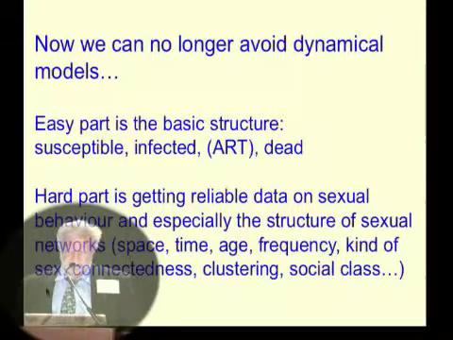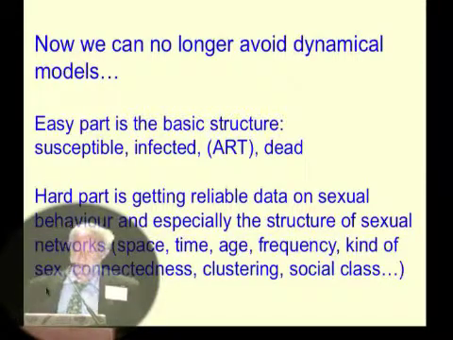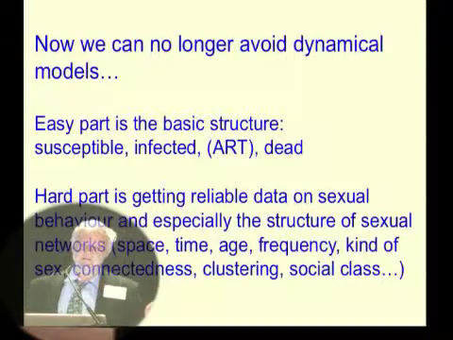The difficult part is getting reliable data on sexual behavior and especially the structure of sexual networks, which I'm convinced is really the key to understanding why it is that in 500 million people in the whole of North India, prevalence is less than 0.1%, and why it is that in South Africa, prevalence is 20%. So we've got a 200-fold difference in infection rates in South Africa and North India, and nobody can put their hand on their heart and say they can explain that. But I think those are the kind of